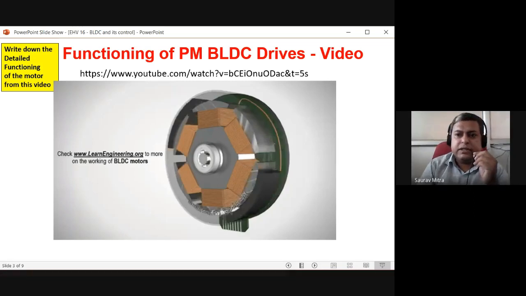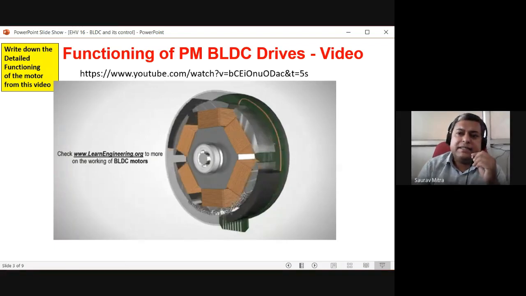Now there are two kinds of control. One is torque control, another is speed control. For all the motors, we are doing these two things. First, what is the construction of the motor, and what is the working principle of that motor. Second, how to control the motor. Whenever we are trying to control the motor, generally we are trying to control the speed of the motor first, and secondly the torque of the motor. So for this BLDC also, there will be a torque control circuitry, kind of a block schematic only, and there will be a speed control.